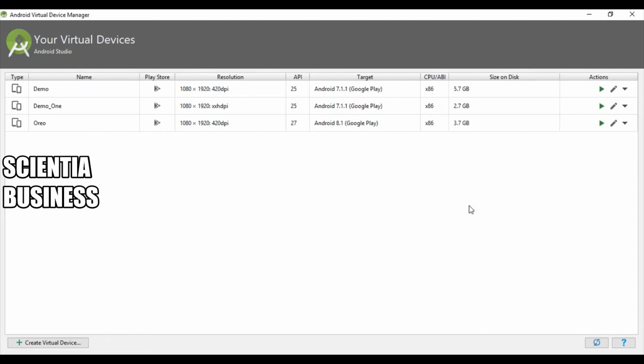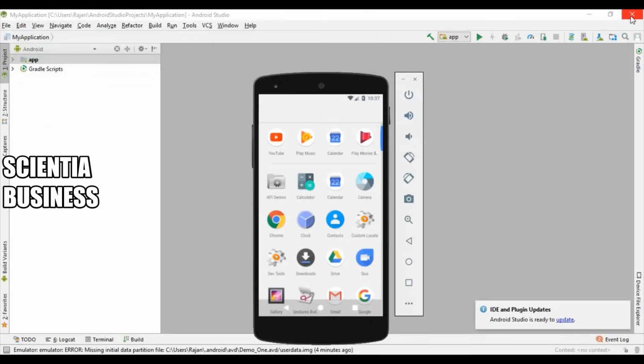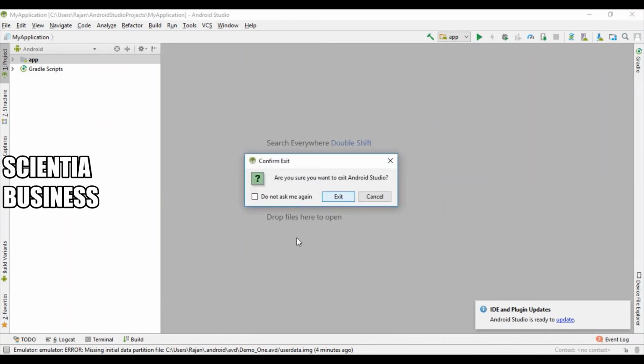One option which I've already shown you is using this button against the virtual device you want to run, and just clicking on this button. For the other option, we'll close the Android virtual device screen, and we'll close the Android Studio as well.